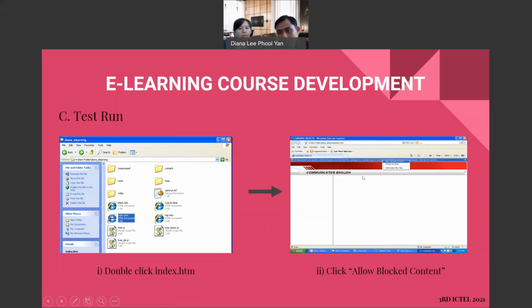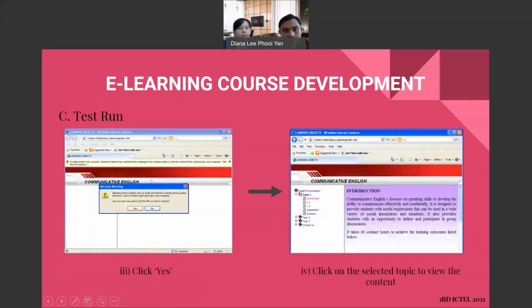We can see the topic we want to share is communicative English. Then we will get a security warning, so we just click yes, and then we go to the content in the HTML file.